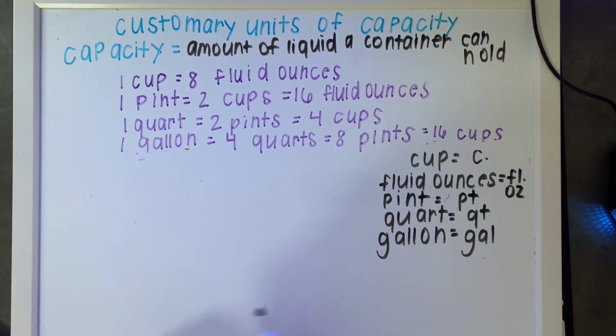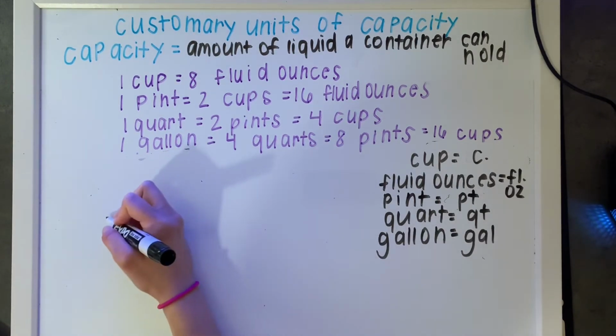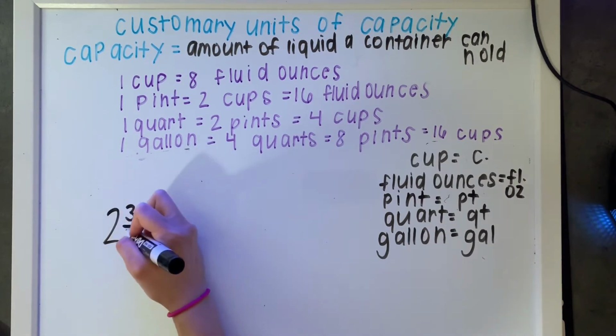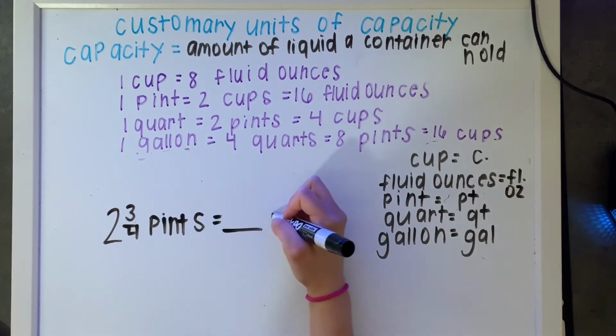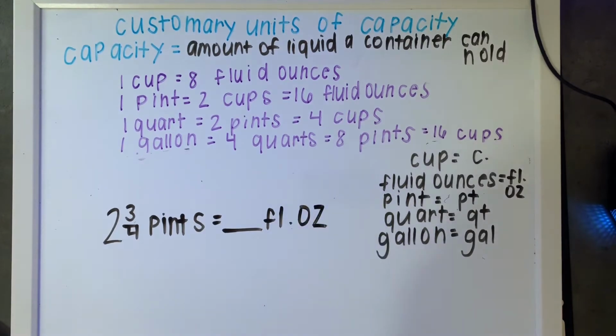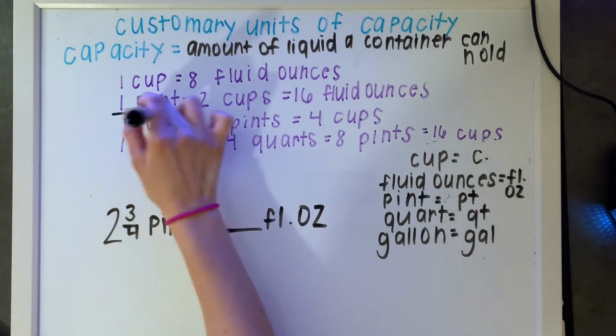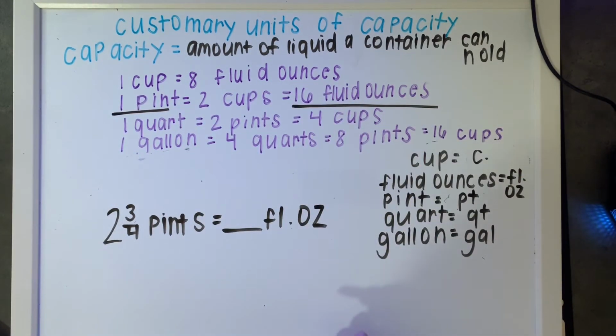Another example that they could ask you today could show you a fraction or a mixed number like we talked about yesterday. So if they show you 2 3/4 pints is equal to blank fluid ounces. First you need to find the fact that's going to help you here. Pints and fluid ounces. So I see 1 pint equals 16 fluid ounces. So I'm going to break down and split up this mixed number to make it a little bit easier for me to understand how to convert it. So if 1 pint equals 16 fluid ounces,